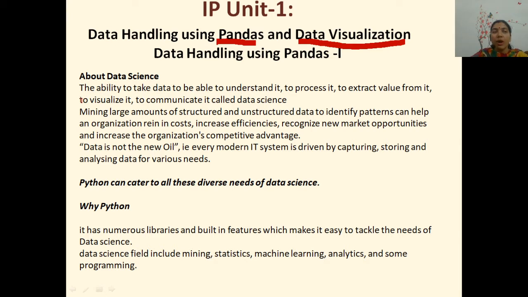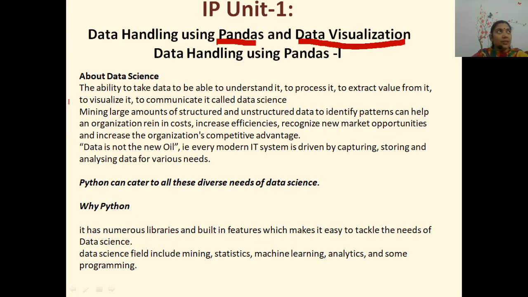One must know how to differentiate between the information given by the data. So in this portion we must know what is data science, then only we will be able to understand the importance of pandas and how to visualize the data using pandas and matplotlib, that is a part of your syllabus. You know, we have data all around us.